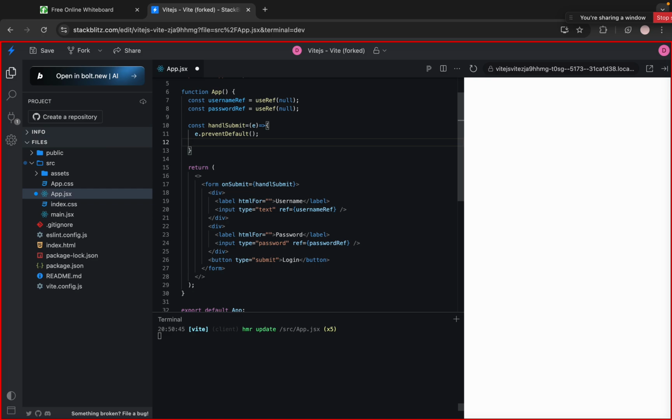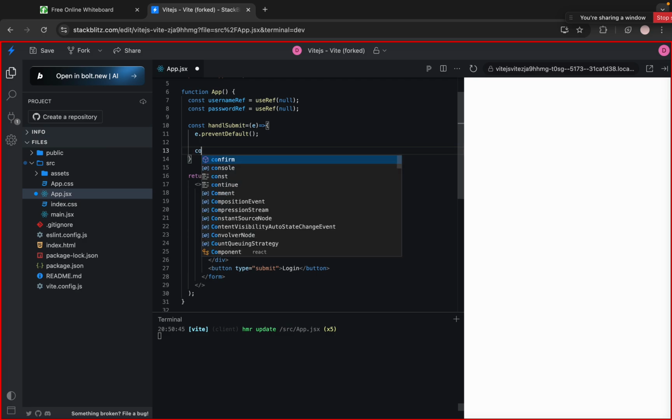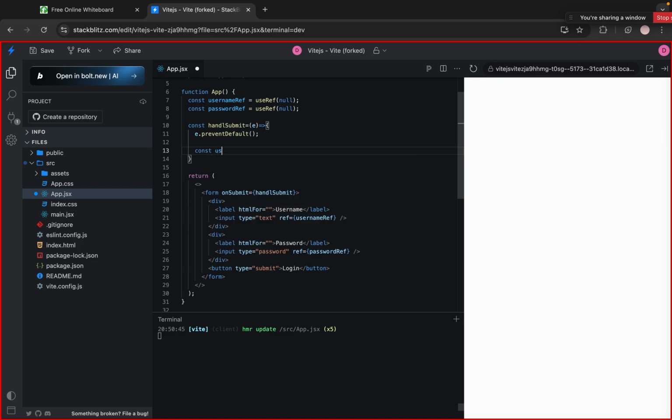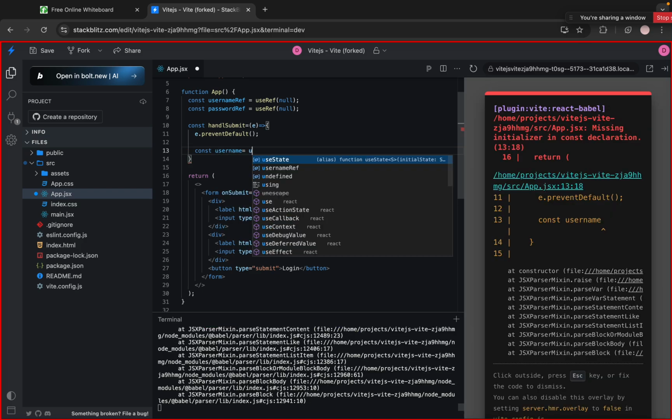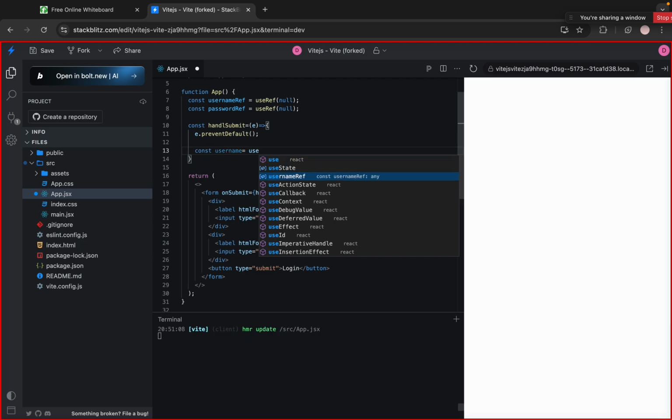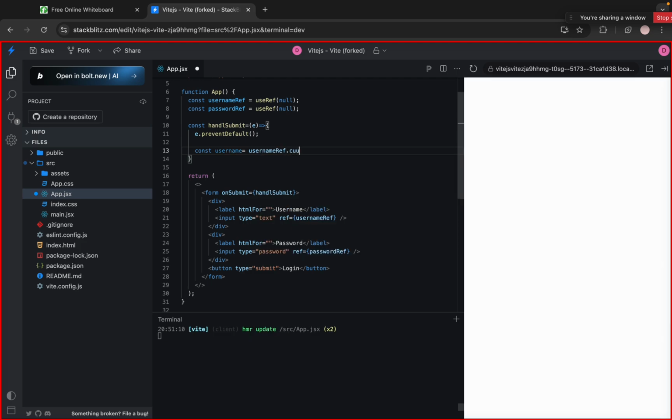Here we need to access the input values directly from the DOM. For that, I'll create two variables. The first one is username, which is equal to usernameRef.current